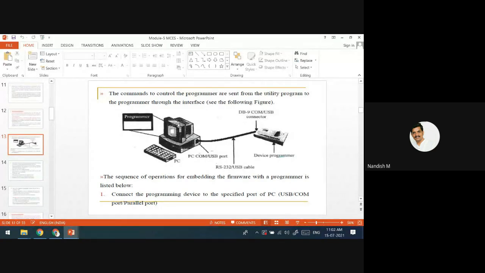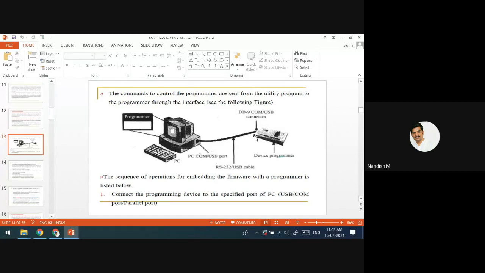After that, you have to load the hex file. Whatever you are going to write, the file format of that is .hex, a hexadecimal file. That you load through this cable with the help of the device programmer into this chip. We call it the hex file, HEX.